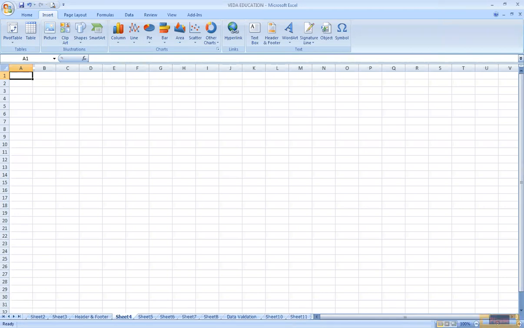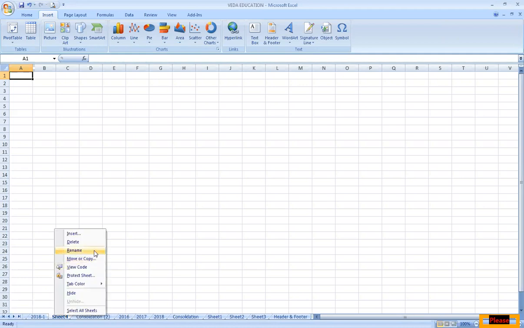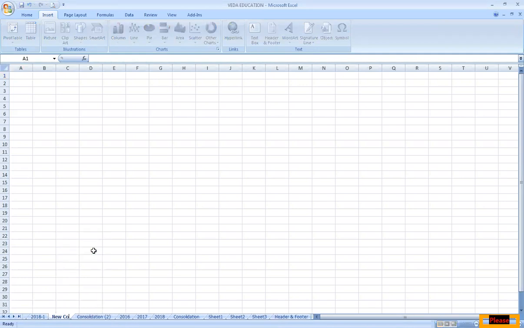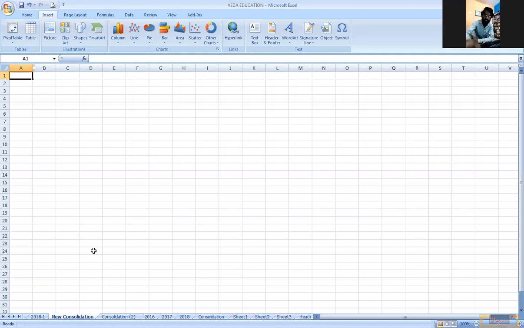I've been creating a new sheet here, where I can see this. I can create a new sheet here, and the sheet is named new consolidation. And let us see how we make it here.